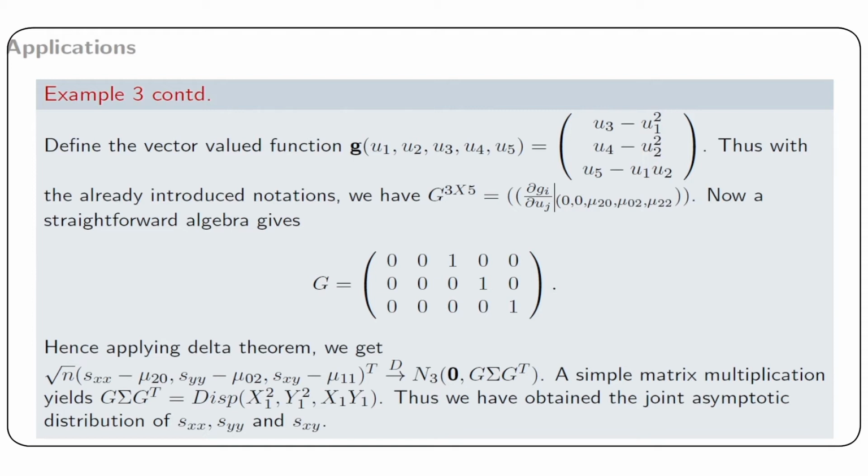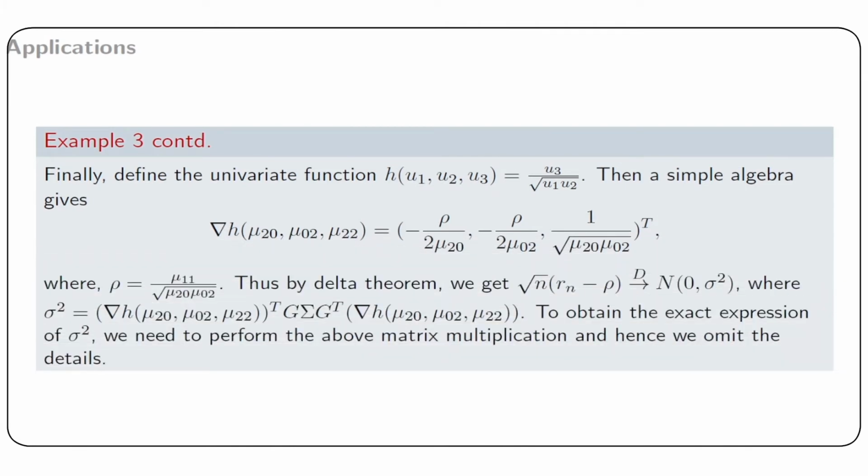So, at this point, it should be remembered that we have expressed R as a function of 5 moments. Then, from 5 moments, we have identified 3 distinct quantities Sxx, Syy and Sxy, and we have obtained the large sample distribution of Sxx, Syy and Sxy. So, now our task is to find the distribution of R using the joint distribution of this Sxx, Syy and Sxy. So, we define the univariate function h with 3 arguments u1, u2, u3 as u3 divided by square root of u1 u2. Then, a simple algebra gives the gradient vector of h evaluated at the expectation as a vector with 3 components with elements minus rho divided by 2 mu 2 0, then minus rho divided by 2 mu 0 2, and the last element is 1 by square root of mu 2 0 multiplied by mu 0 2,